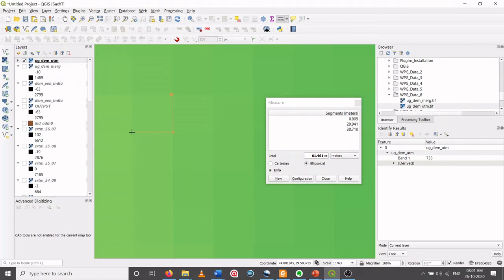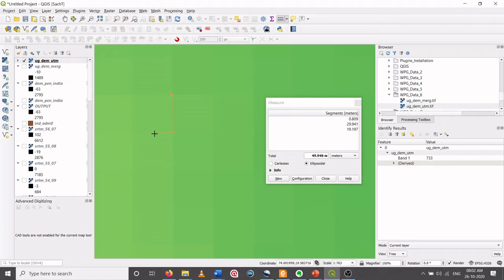From here it's again 30 meters. So this pixel has a width as well as a height of around 30 meters. This is called the resolution of the image. So the resolution of the image is 30 meters. It means each pixel has a dimension of 30 meters: 30 meter length, 30 meter width.